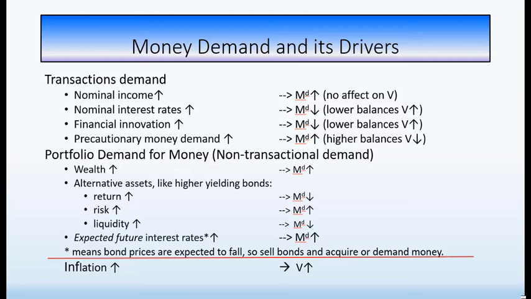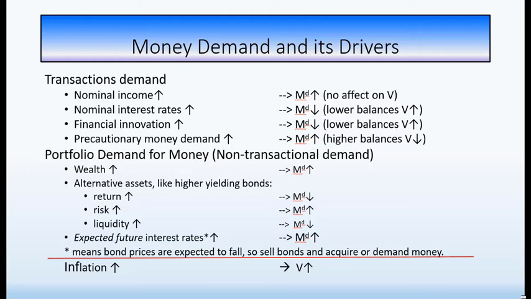So that's an innovation. And what it does is it allows you to conserve on the amount of money that you hold, meaning the amount of money you have in a money market mutual fund and even in your pocket or in a checking account. So that means your money demand, your balances, are dropping off, and it allows the velocity of money to pick up. You can conduct more transactions. And it's easy. You just wire money back and forth between your accounts. So that's what we mean by financial innovation.